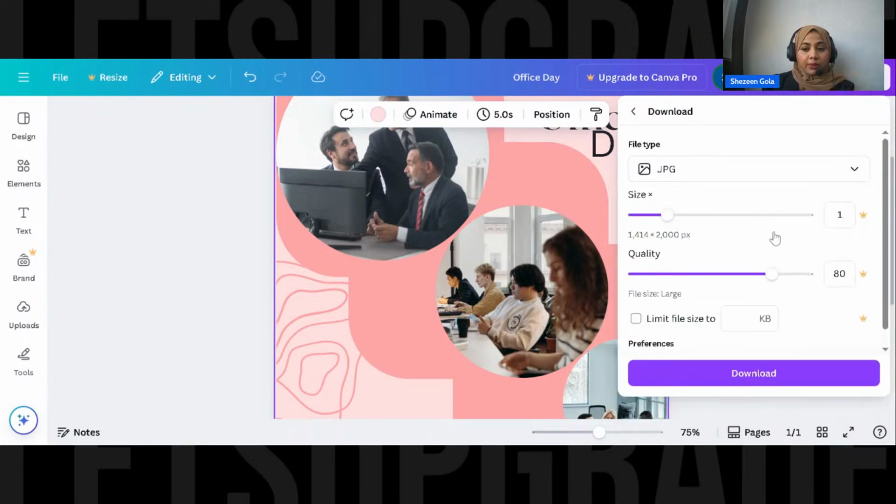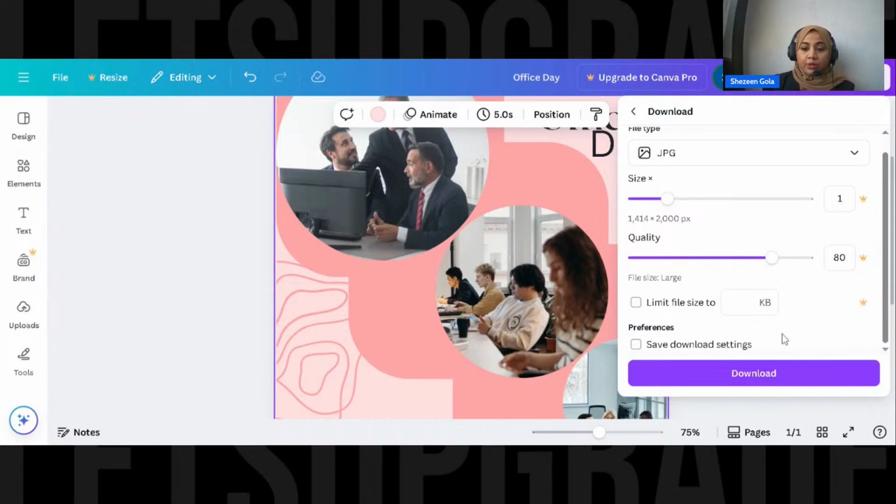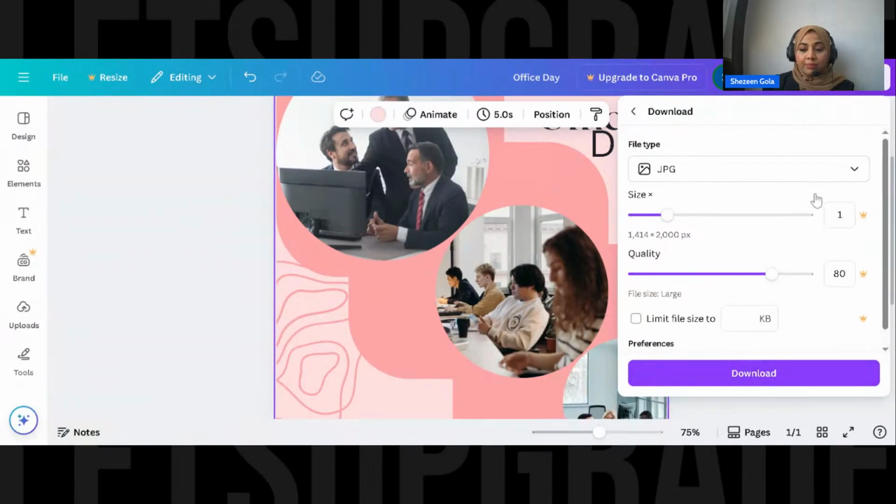So let's do JPEG only. As you can see, the quality is just 80. Size is not an issue out here. Usually for printing, we use a quality of 300, and you can limit it, but we are not going to get any such options, because this is the template.